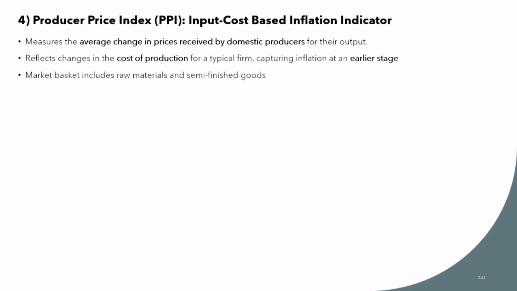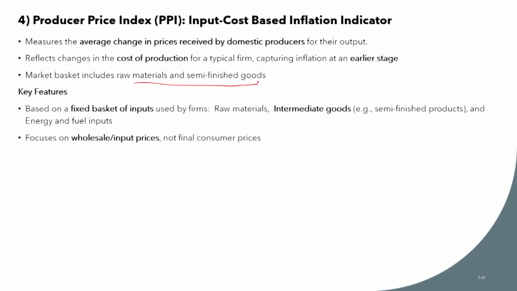Now let's move to the last method, the fourth method, called the producer price index. This one is an input cost based inflation indicator. PPI measures the average change in prices received by domestic producers for their output, and it reflects the changes in the cost of production for a typical firm, capturing inflation at an earlier stage. Mainly, PPI includes raw materials and semi-finished goods. The key features are that it is based on a fixed basket of inputs used by firms, including raw materials, intermediate goods, and energy and fuel